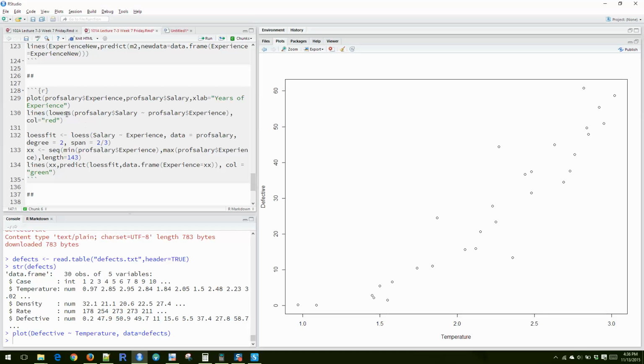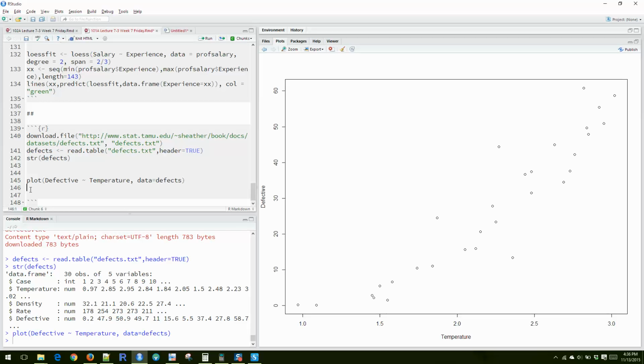Using LOESS as a tool for this, we can just do lines, LOESS,